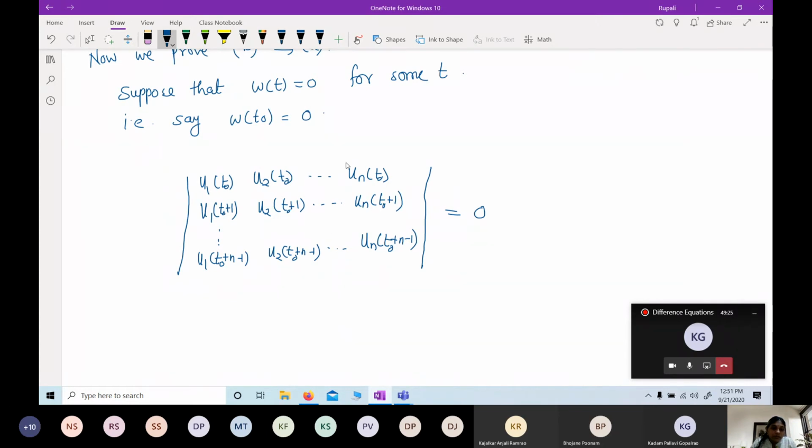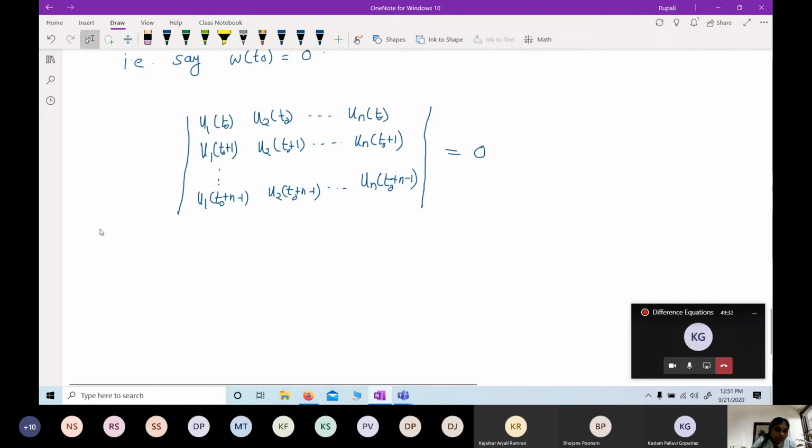W(t0) equal to 0 means the determinant of this is 0. So if this determinant is 0, then